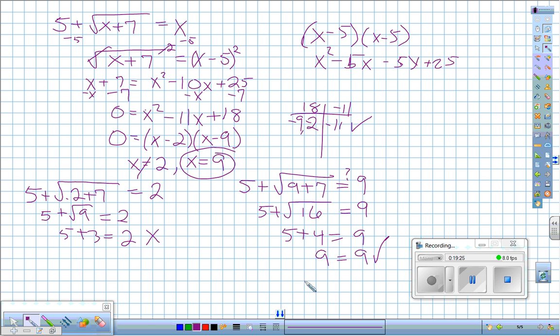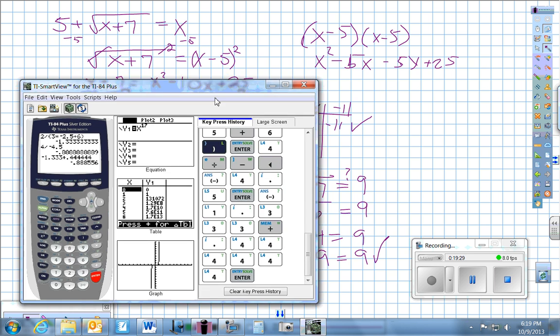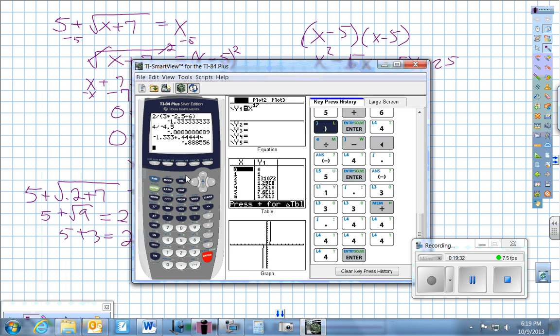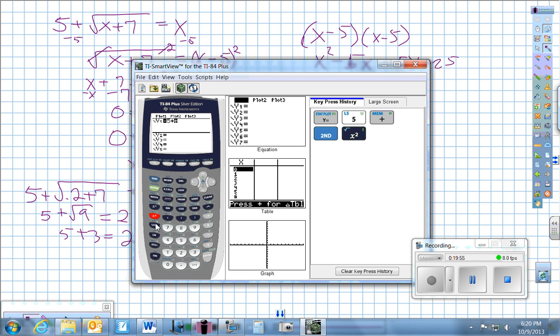Now, the way that we're going to do stuff is also another way to kind of look at this graph or to solve these things. So I'm going to clear my key press stuff. I'm going to go into my y equals menu. What I'm going to do is have 2 separate equations, basically the stuff that's on each side of my equal sign. So on my left-hand side, I will have 5 plus my square root sign